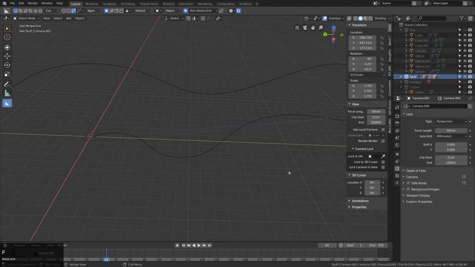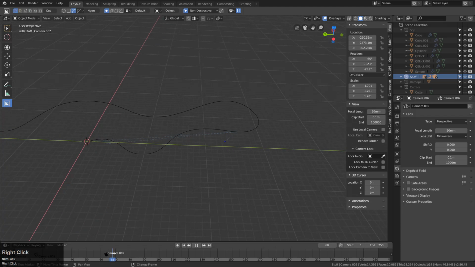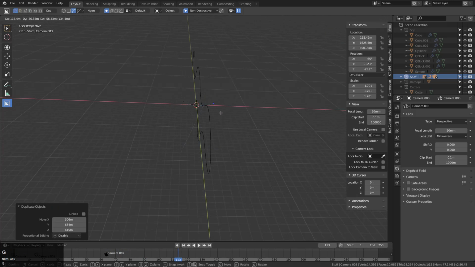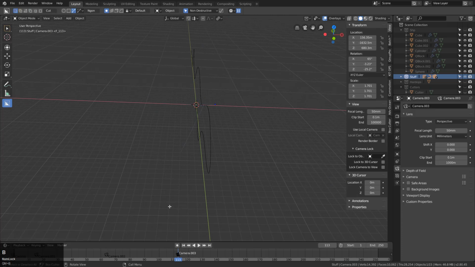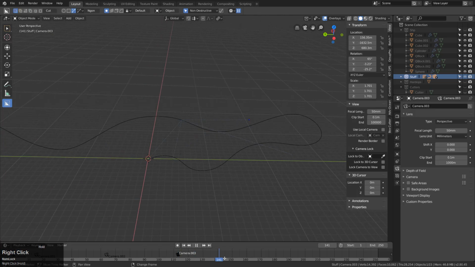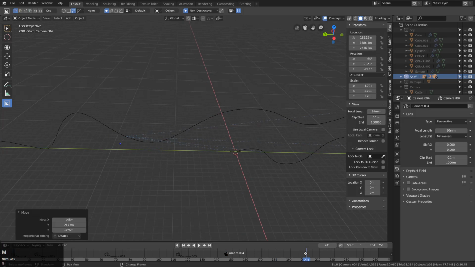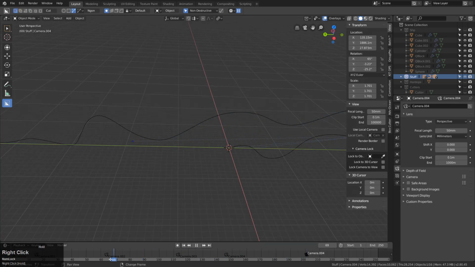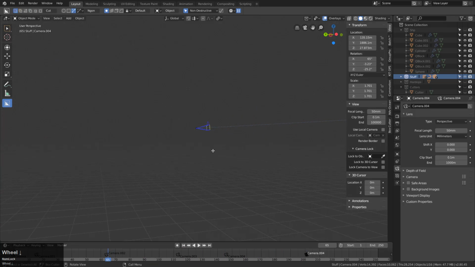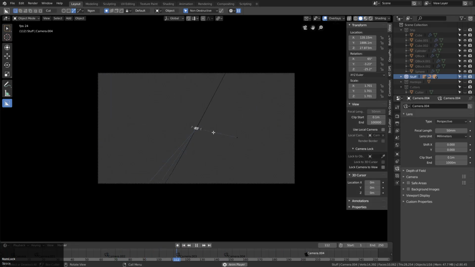And we're just going to duplicate this camera and press M, Control B. And right here, we're going to duplicate the camera, bring it a little closer, press M, Control B. Watch it get farther, duplicate the camera, press M, Control B, move a little further, press M, Control B. So if we look at this through the camera views, we can see our flight just taking off